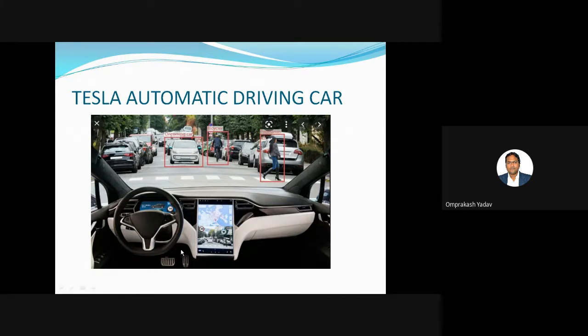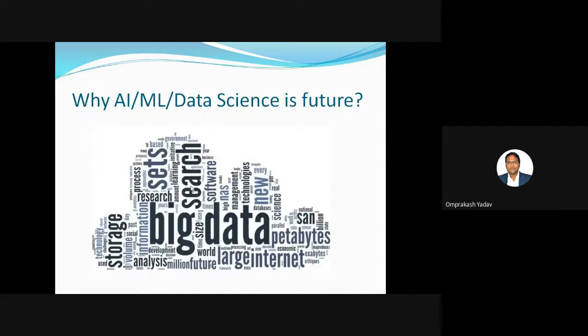If you see here, there are so many instruments, for example, GPS navigation. From the mirror we can see it's able to detect objects, for example an oncoming car, a bicyclist, a pedestrian, and signals. It does this with the help of object detection. So it will be acquainted with each and everything, and that's why an automatic driving car without a driver is possible. This is also a great example of AI. We'll see more examples later.